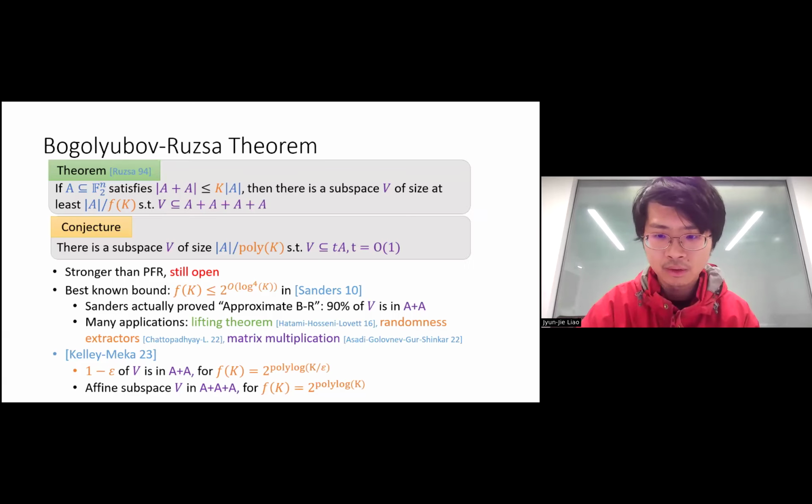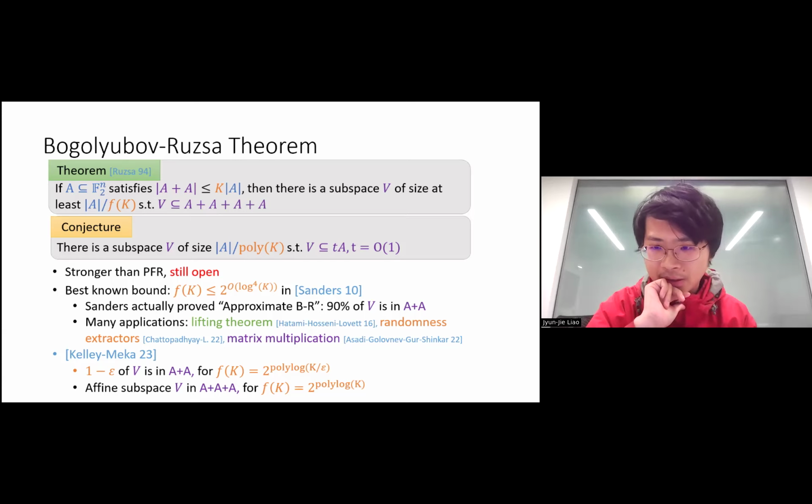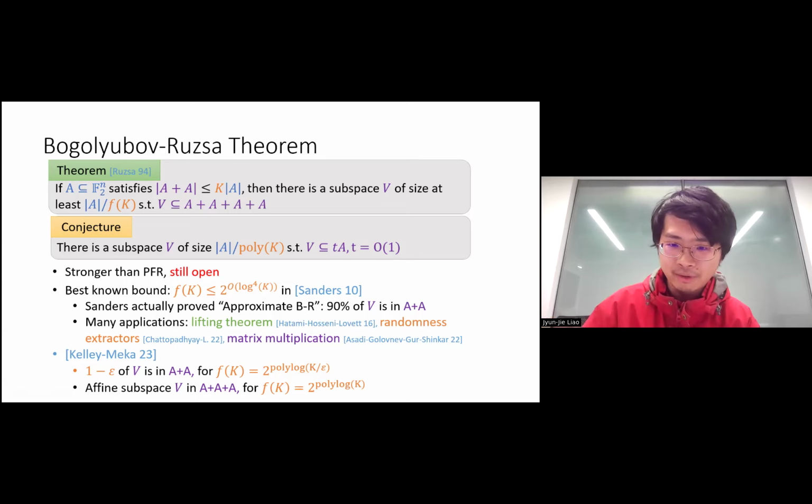So does approximate BR imply the BR theorem, or is it trivial? Good question. Yes, it does imply the actual BR theorem. It's based on a pigeonhole argument by Terry Tao. It shows that if we have, say, 51% of V that is contained in A plus A, then if we take the four-fold sumset of A,